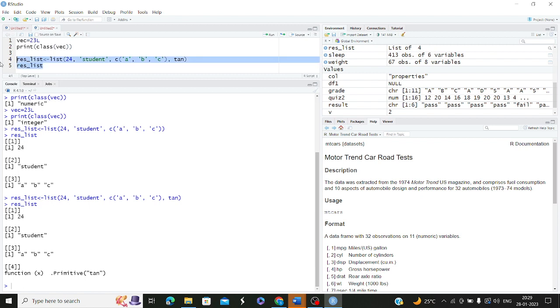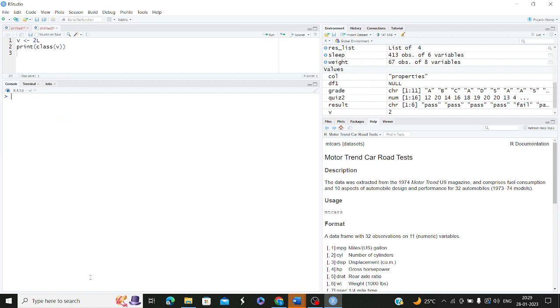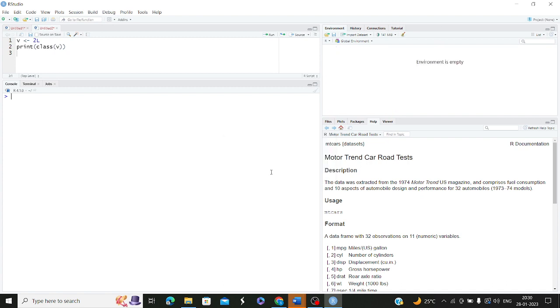So let me erase this. I'm just clearing it every time so that, Control L, yes. And I'm also clearing these variables so that any kind of confusion will go. So just to clear this, you can make use of the rm command to clear all your workspace variables and to make the environment empty. Once that is done, okay, let's